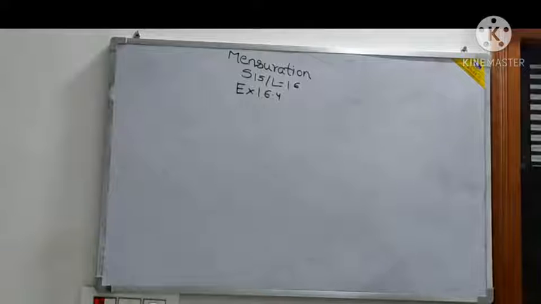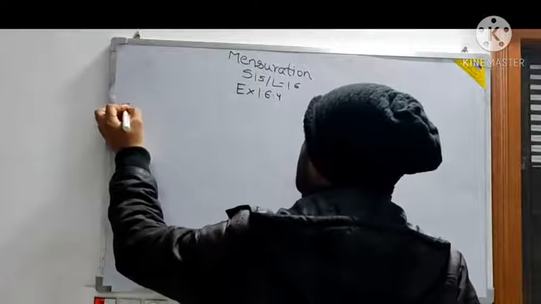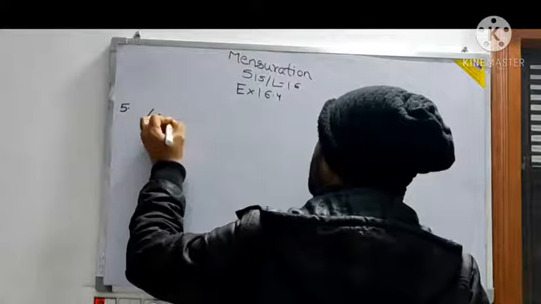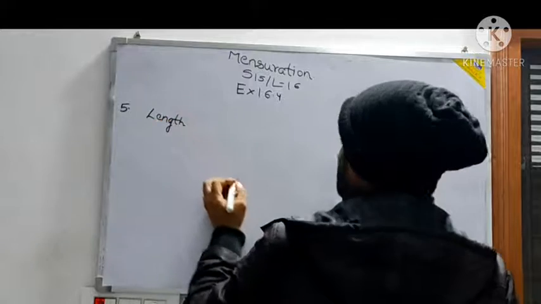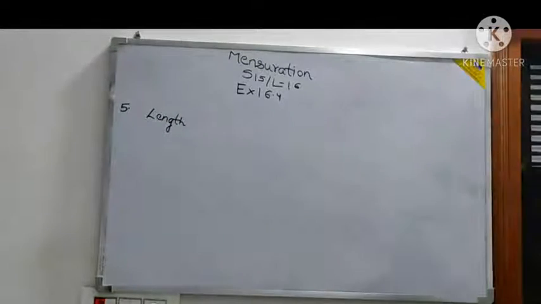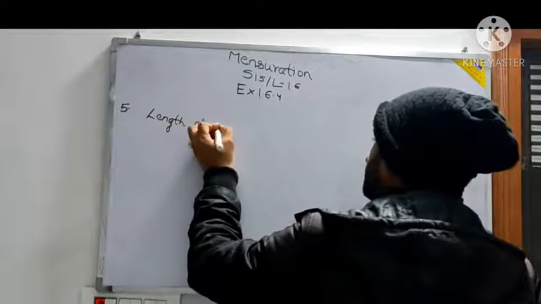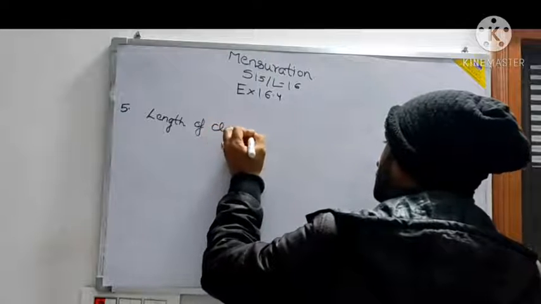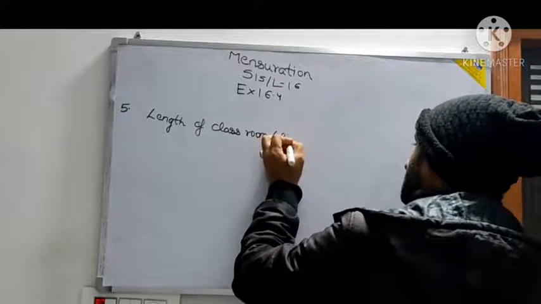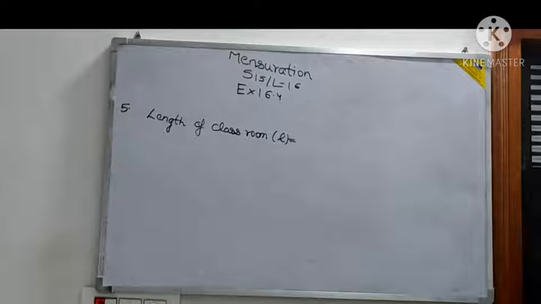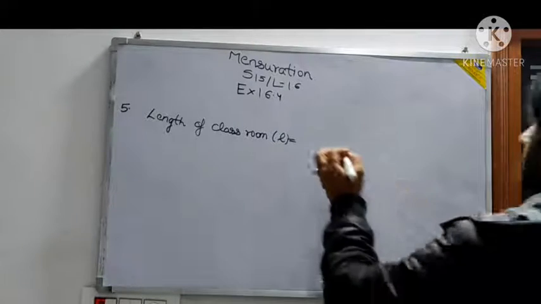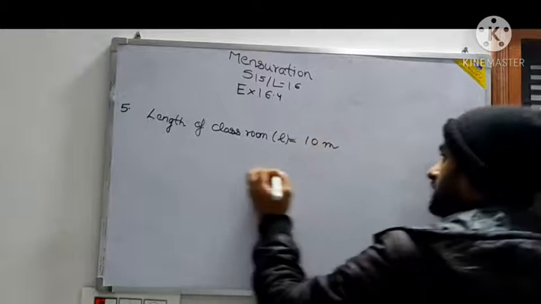So now I'm taking question number 5. 5 or 4? 4 I'm taking. So question number 4 now for you on the board: the length of the classroom. Let's write the details there. Length of class. Please write the symbol L here, so that later you can use it in that form. The unit is in meters. Please make a note of that.